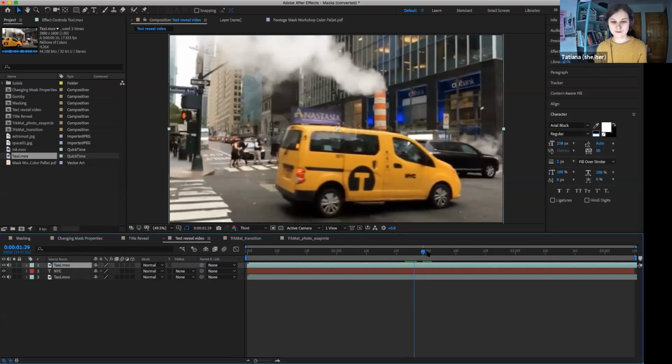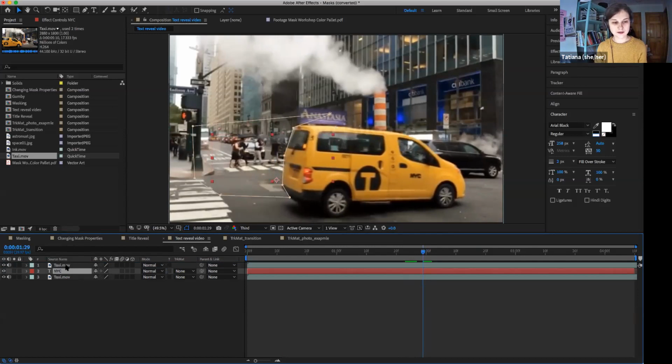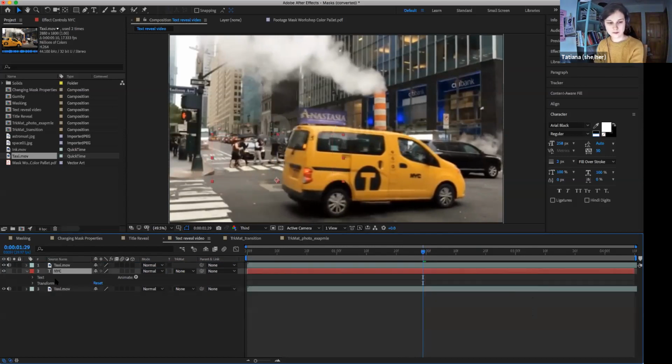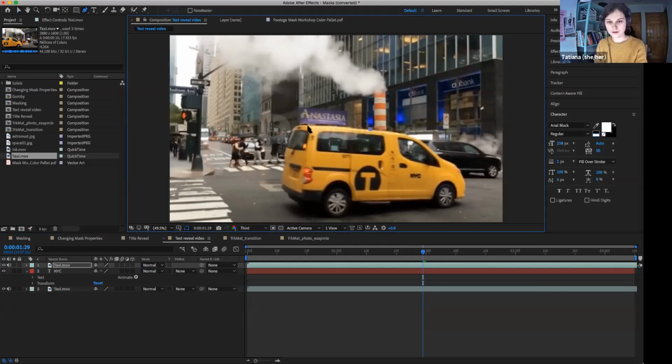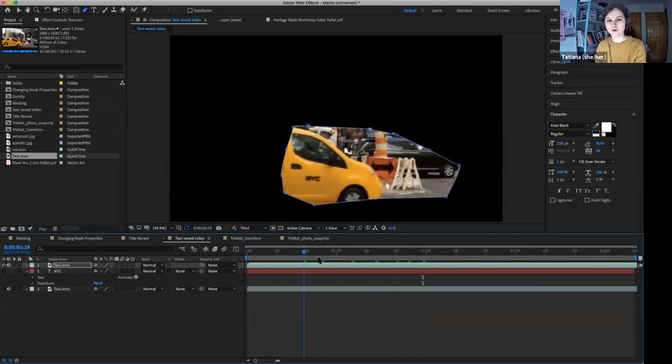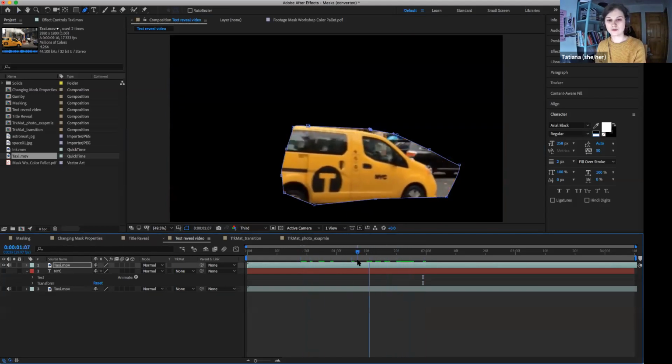And instead of masking the text, I will delete the mask from the text. I will select my taxi, and I will mask the car instead. So now I will make other layers invisible to give you an idea of what's happening. The top layer will be my car, and I will be moving the mask